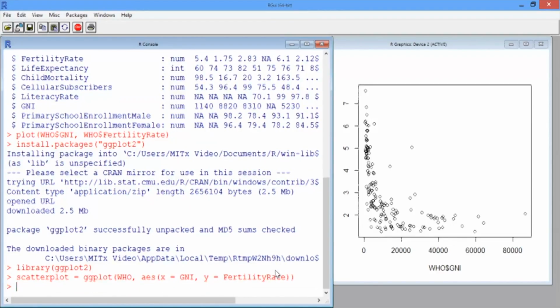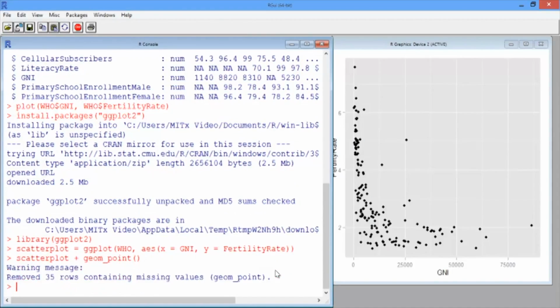Now we need to tell ggplot what geometric objects to put in the plot. We could use bars, lines, points, or something else. This is a big difference between ggplot and regular plotting in R. You can build different types of graphs by using the same ggplot object. There's no need to learn one function for bar graphs, a completely different function for line graphs, etc. So first, let's just create a straightforward scatter plot. So the geometry we want to add is points. We can do this by typing the name of our ggplot object, scatterplot, and then adding the function